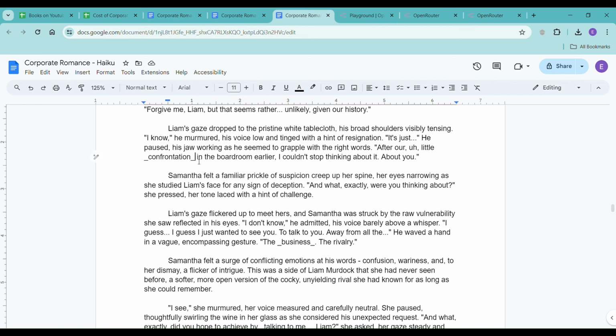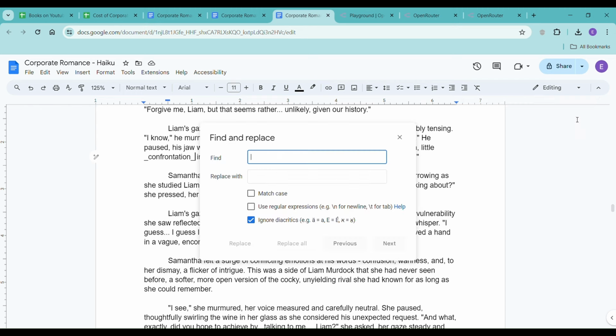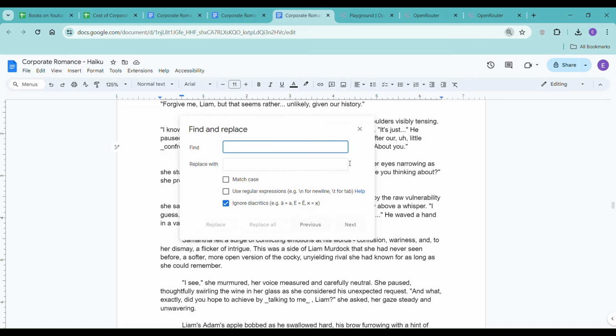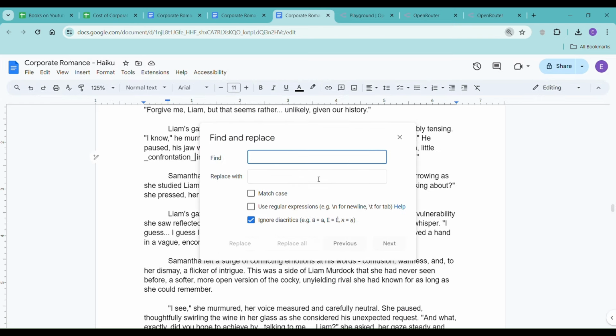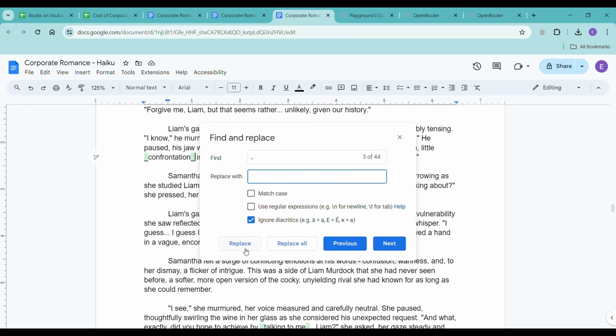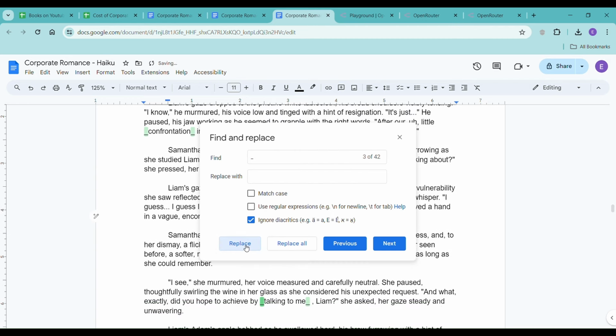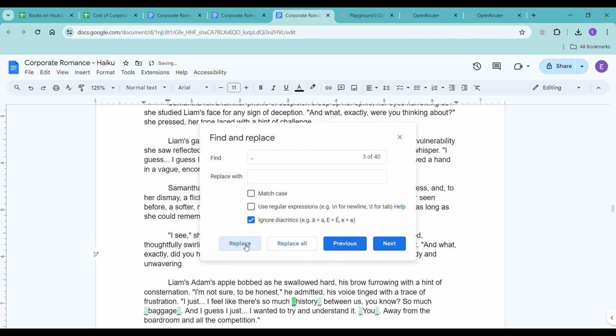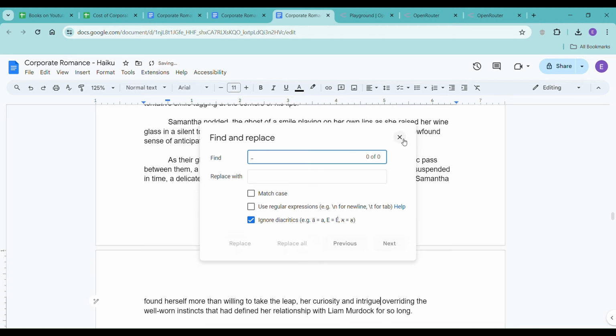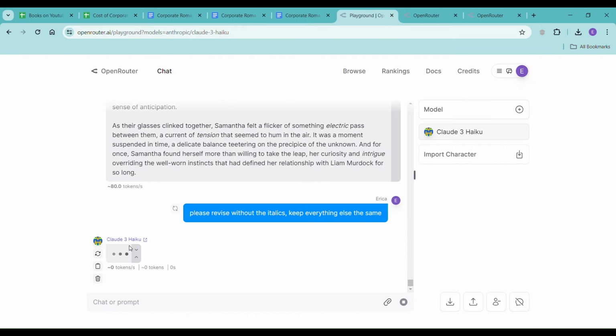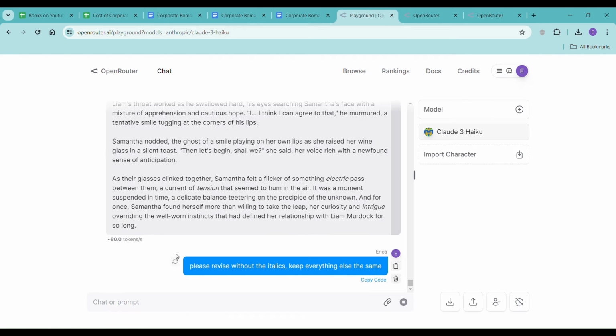Actually, no, that's not what I wanted to do. There we go. Just replace all. Good. Don't even worry about it, Haiku. I got it.